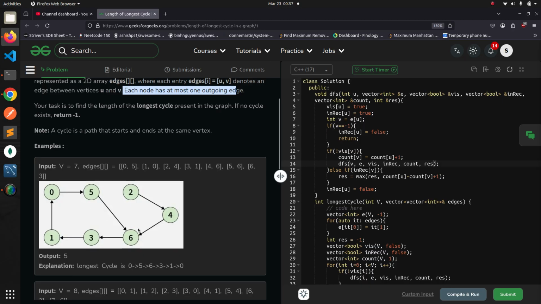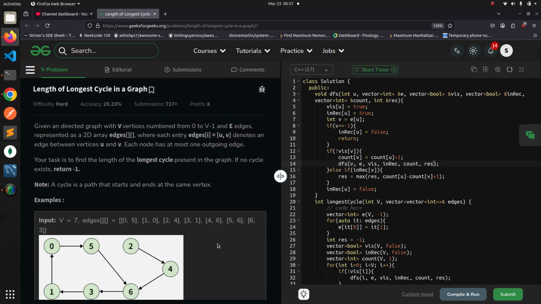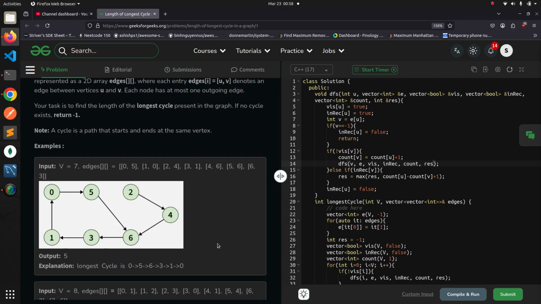So we need to return the length of the longest cycle. So the output will be 5 here. If we don't have any cycle, we will return -1. This is a similar question where we need to detect a cycle in a directed graph, which can be done using BFS or DFS. This is the same approach we will follow, and also we need to return the length of